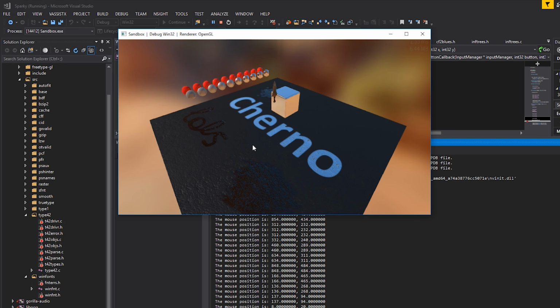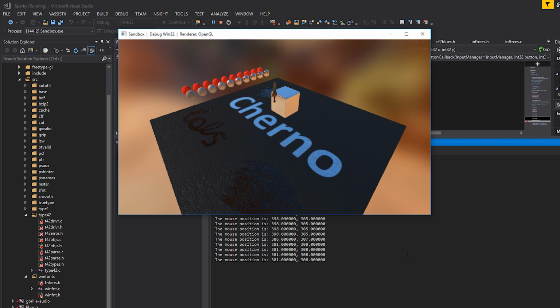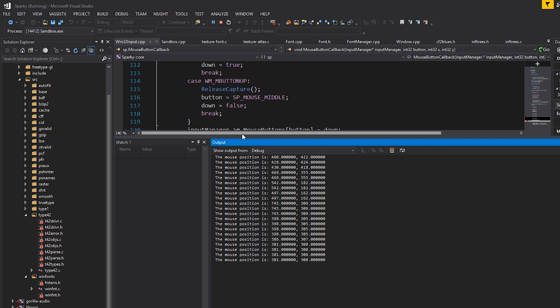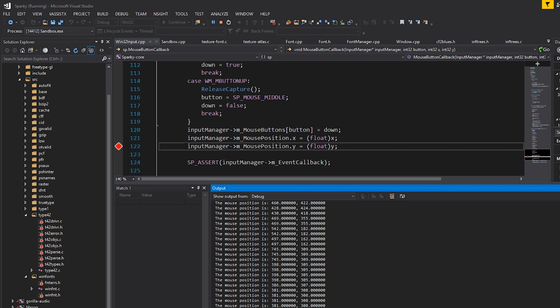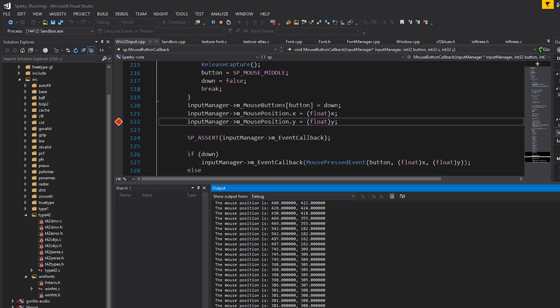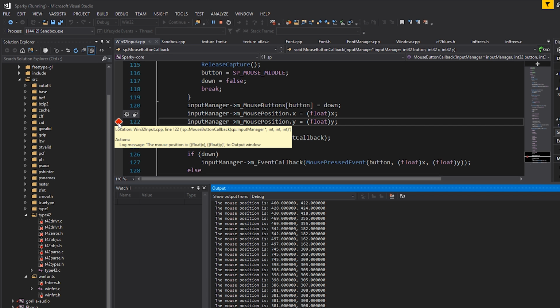Here I can just click all over the place, literally, and you can see I'll just get all the data I need immediately, so it's really, really powerful. Now, to test conditions, let's just say that I want my mouse position to only be printed under a certain condition. So maybe if x is greater than 500 or something, because I know it only happens on the right